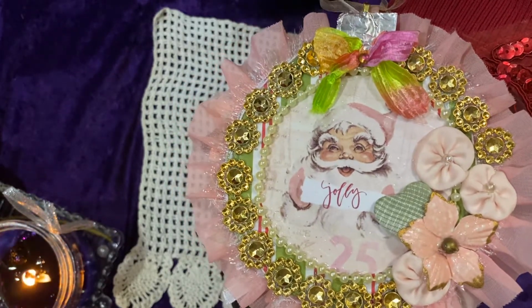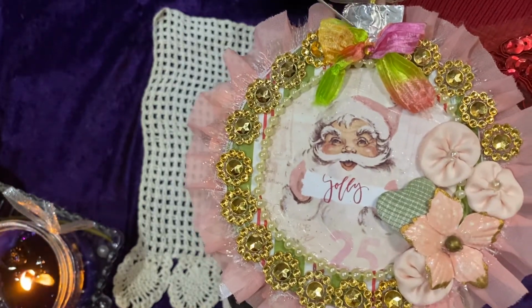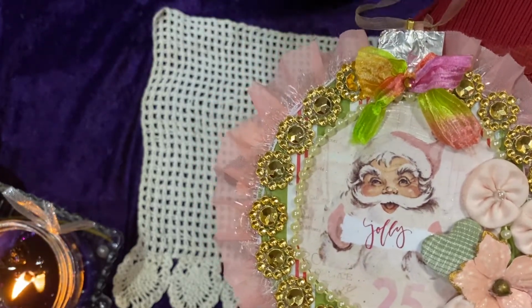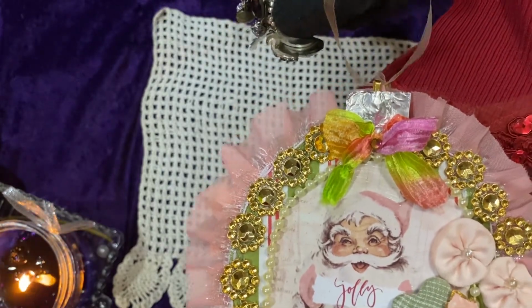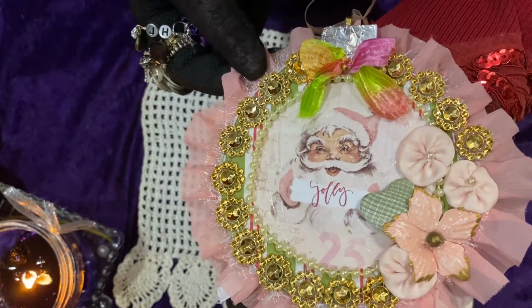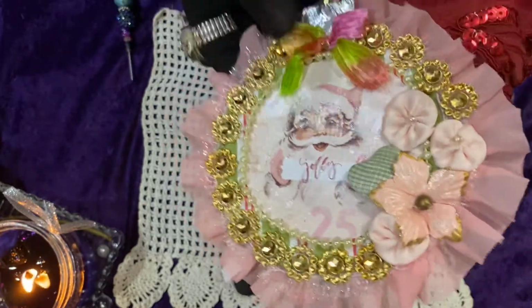And then I used a Reynolds aluminum foil here to symbolize the top of a bulb ornament. I used a bail to string the organza through for tying. And let's see, it is slightly glittered. And then the back